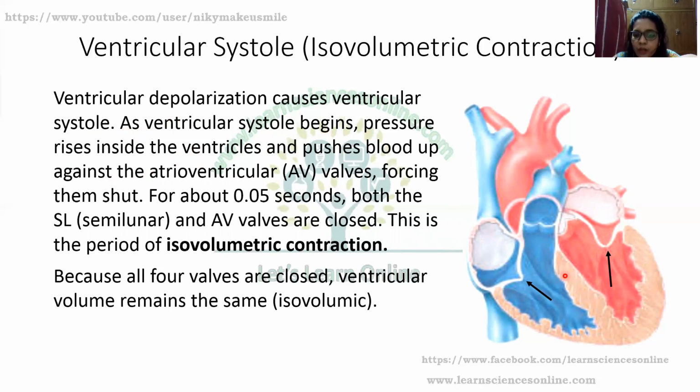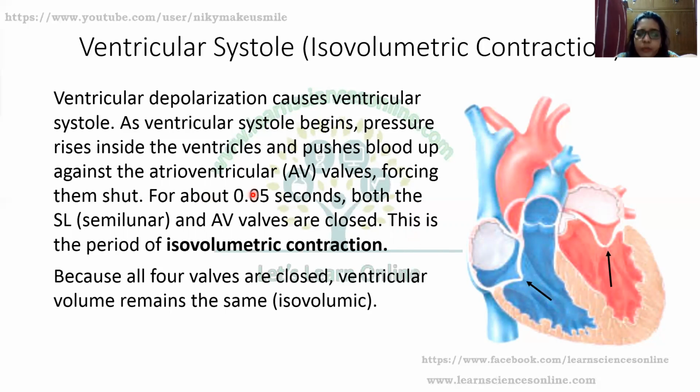When the ventricle contracts, obviously the blood will rush. There are two ways for the blood to rush out. Either the blood can backflow to the atria, or the blood can go to the pulmonary artery and the aorta. Due to the structure of the atrioventricular valve, when the ventricle contracts, the backflow of blood causes closure of these atrioventricular valves, which are also known as cuspid valves.